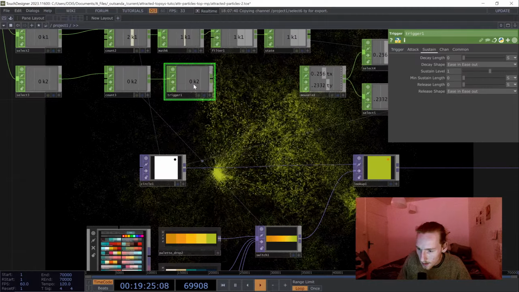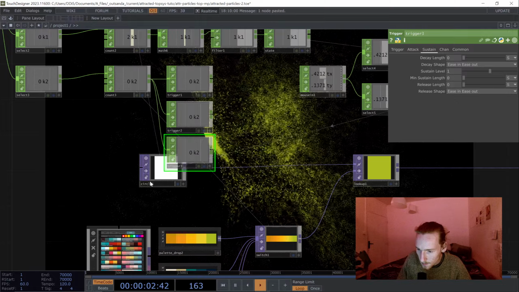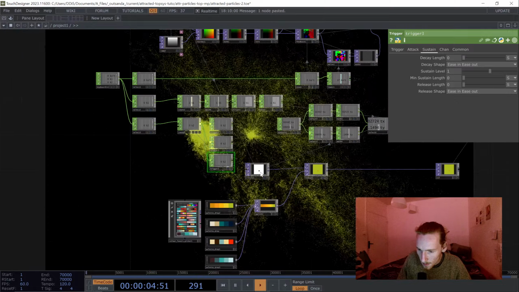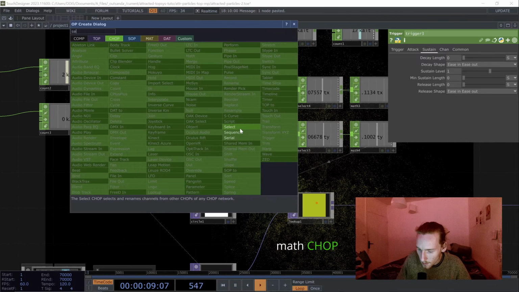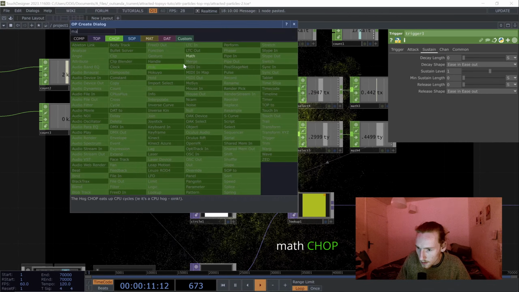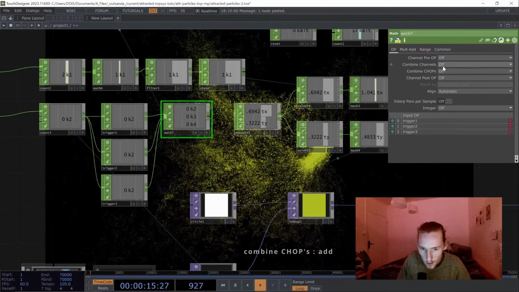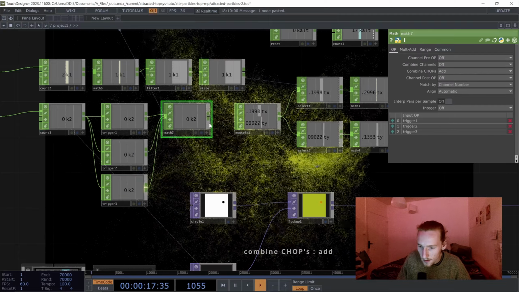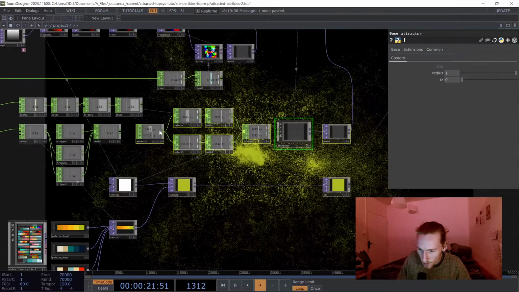And this trigger CHOP, we can duplicate it 2 times, and add a math, sorry, and combine them together here with combine CHOPs add. Great, and let's just move this a bit,